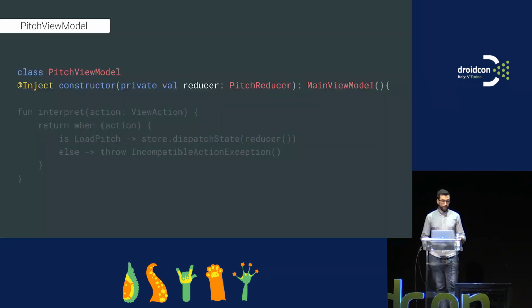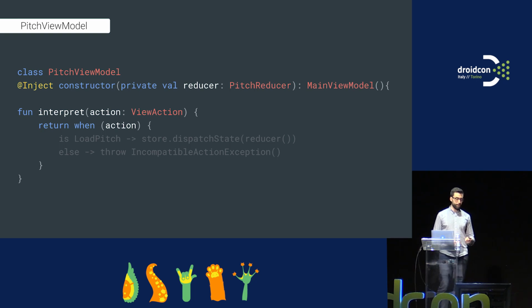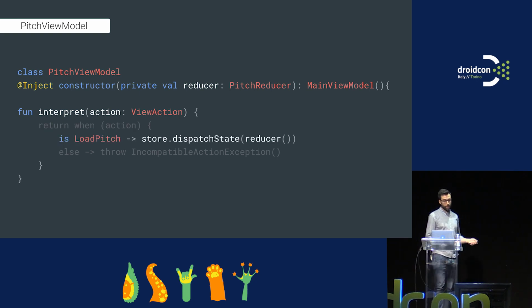The view model in this particular case has this reducer, and what we do is we interpret the action and we decide, well, based on the action that you're sending me, what am I going to do? And if it's load page, which will be the initial action that we receive when we start the screen, we just call the store, we dispatch the new states in the form of the reducer. And